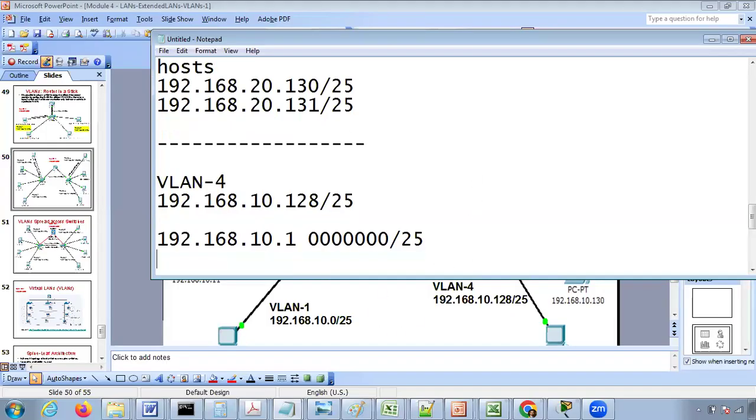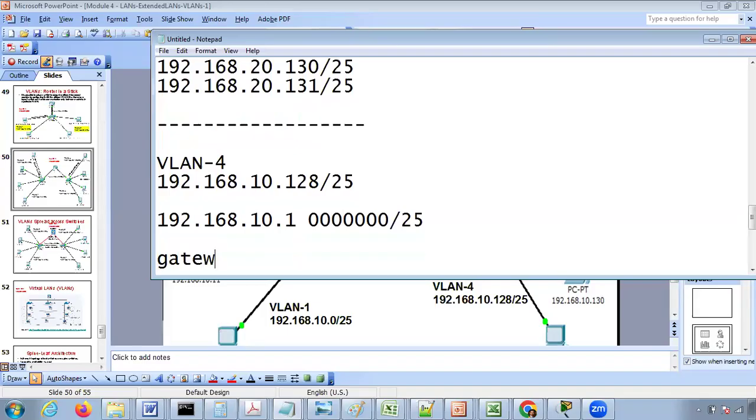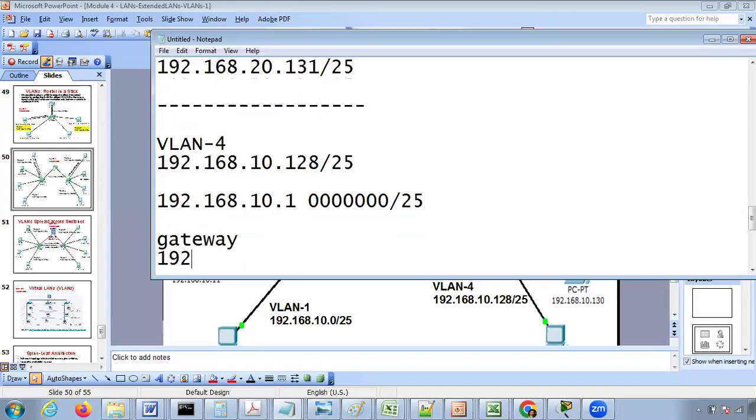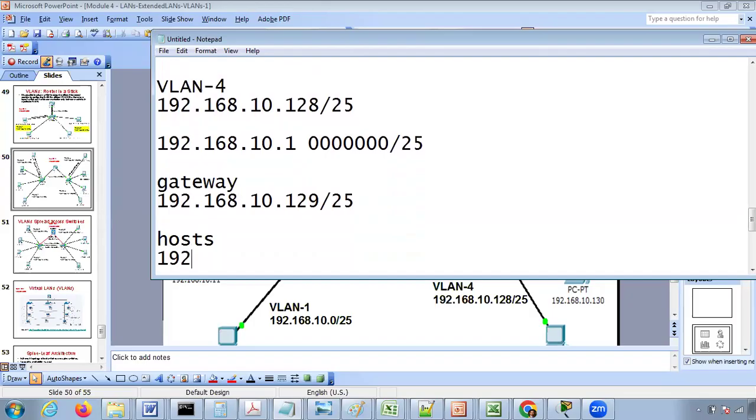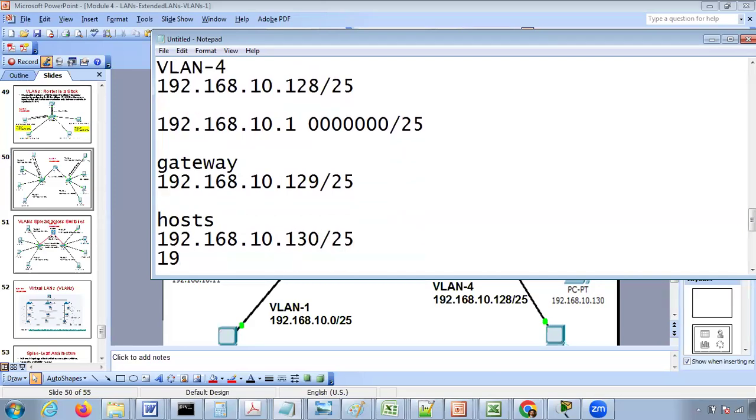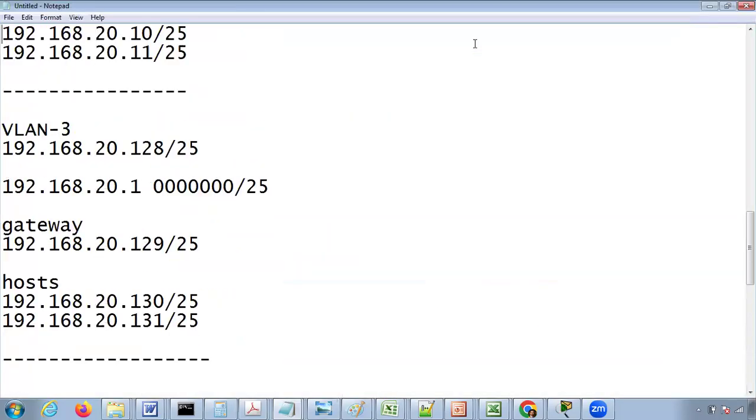So the first available IP address within this for the gateway will be 192.168.10.129/25. And the host will have 192.168.10.130/25, 192.168.10.131/25. So once you have set up all this information on paper or in a text file like this, we can